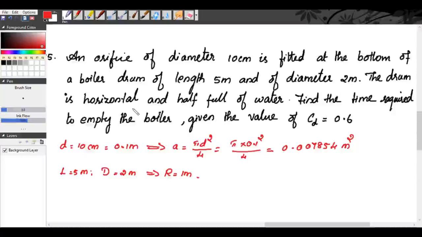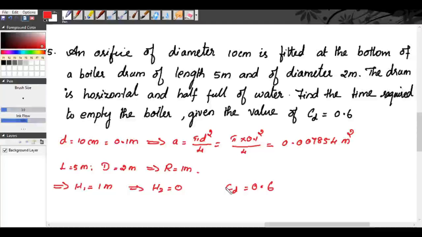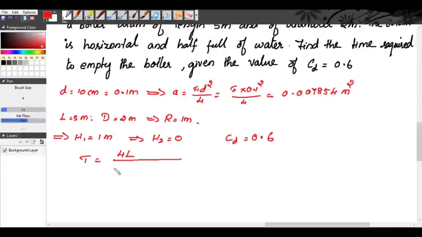Now, the drum is horizontal and half full of water. So, that means H1 is equal to half full of water. So, H1 is 1 meter. Find the time required to empty the boiler, which means H2 is equal to 0. CD is given as 0.6. So we know the time required to empty a horizontal tank with a circular cross section is 4L by 3 into CD into A into root of 2G